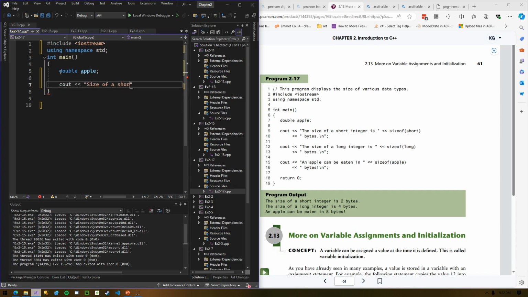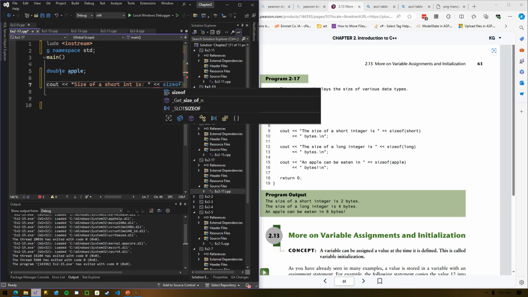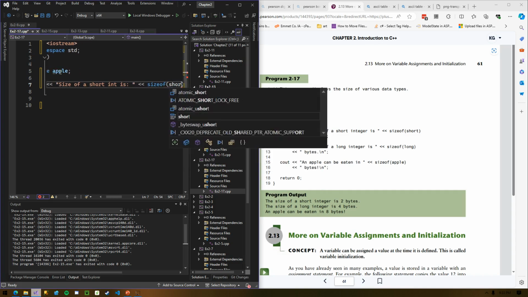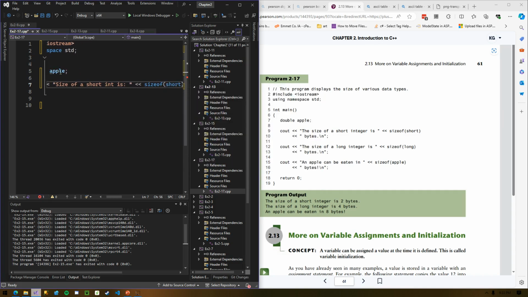Size of a short int is, here's that sizeof. Notice I don't need to really include anything to get this, but I just say sizeof, highlighted in blue, followed by the data type, short. Bytes, backslash n.